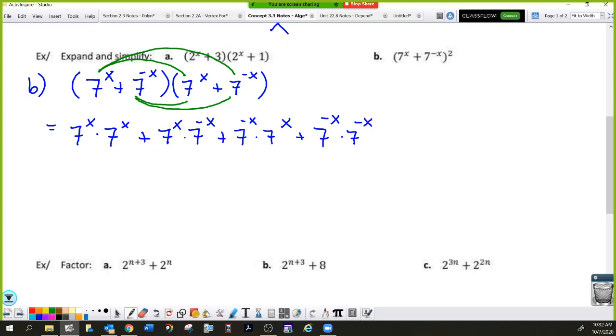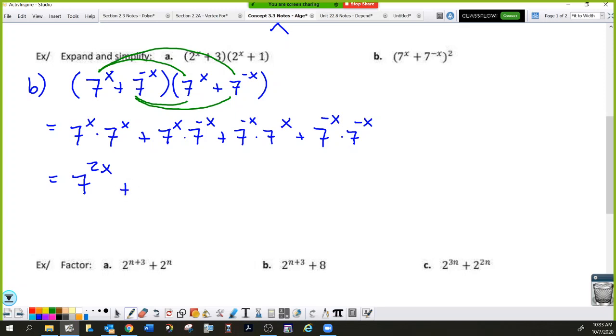There. Rather than do what we did last time and say, hey, look, technically when you multiply an object to itself, isn't that thing squared? Why don't we do it like this? Can we agree right here that this 7 to the x and this 7 to the x at the front, that they have the same base? So when you multiply two numbers with the same base, what do you do with the exponents? You add them, and what's x plus x? It's 2x. So this is going to give me 7 to the 2x